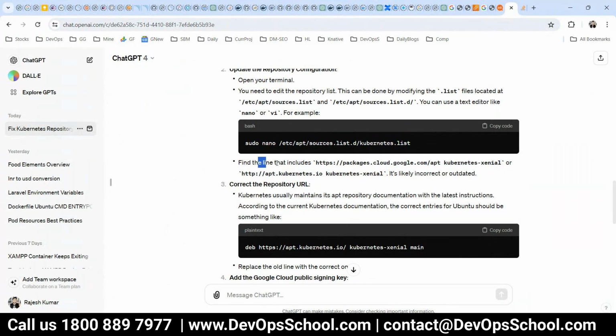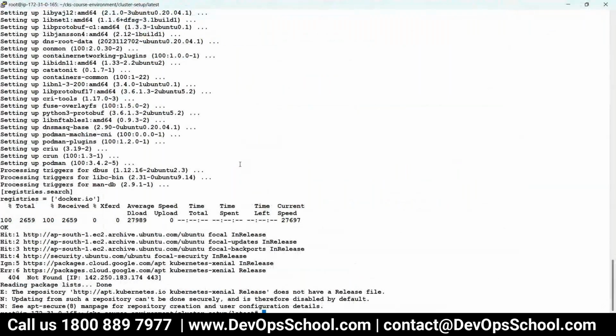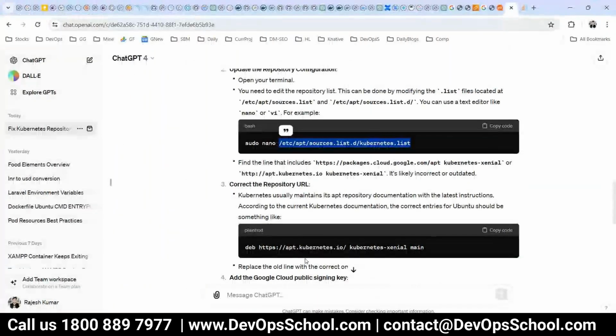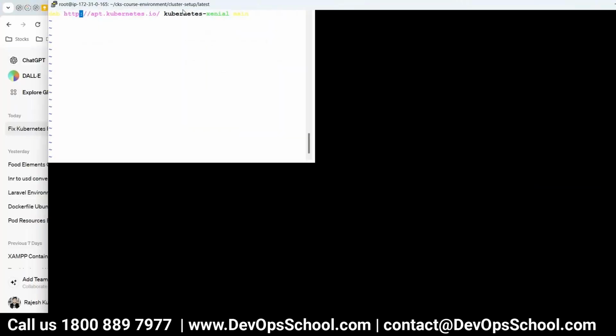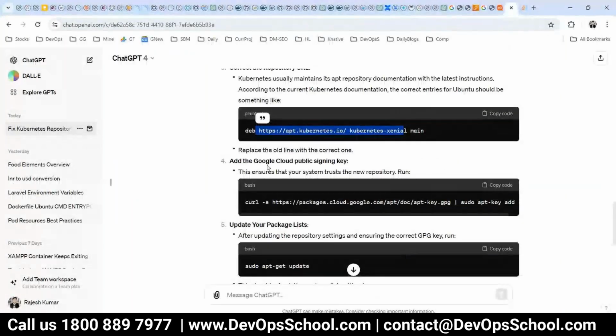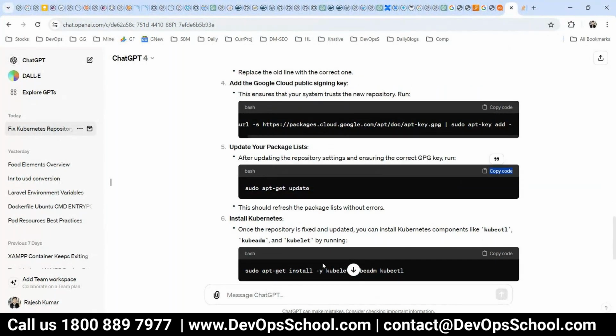find the lines or this one, correct the repository URL to, let me check this file. Here is HTTP. That is the problem, it says. And they say it should be HTTPS. But I made it, and after that this is GPG key and update, and after that you can install it,